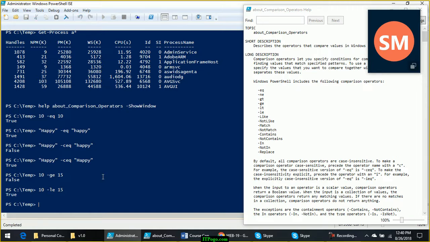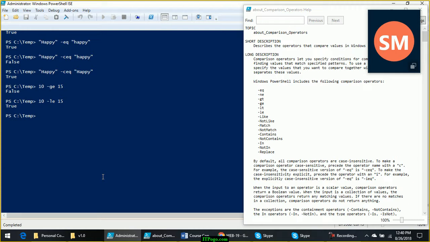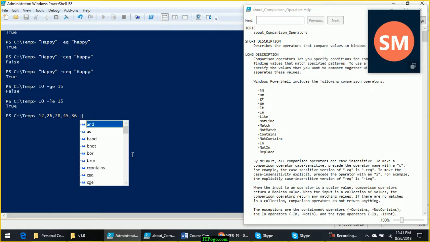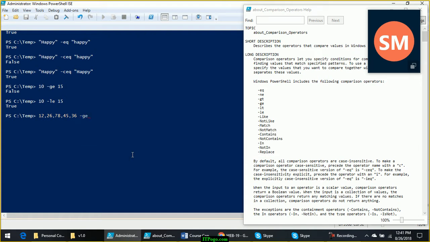Now when you are using these comparison operators with numbers, you can put multiple values on the left hand side like 12, 16, 26, 78, 45, 36, and here you check which values are greater than or equal to 26.